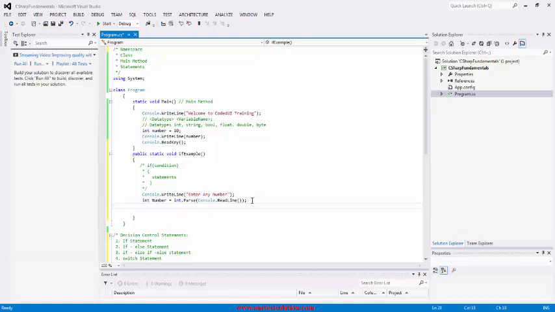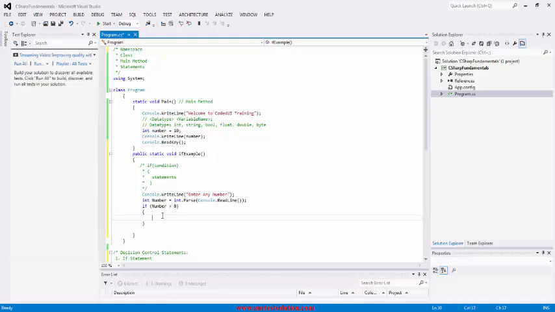Okay, now I'm going to write a condition. We want to check whether a number is positive or negative. So how do we check that? If the number is greater than 0, then the number is positive. If the number is less than 0, then it's negative. So I will write if, since we have taken the input in a variable number, number is greater than 0, then